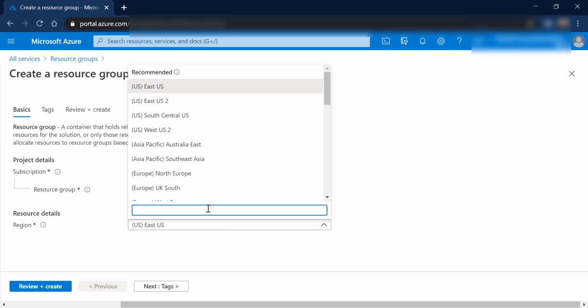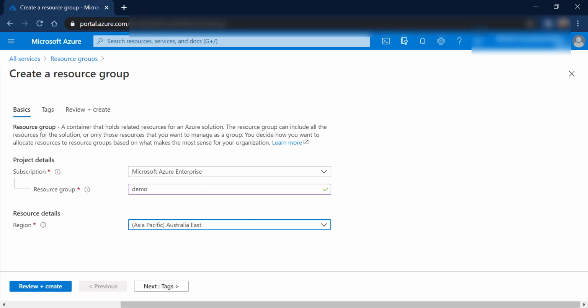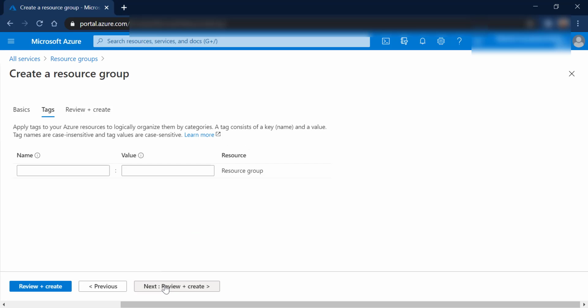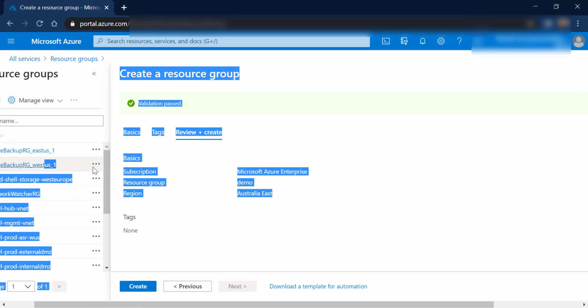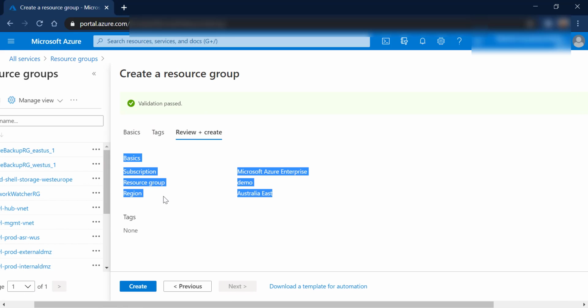I'm going to explicitly choose a region, Australia East, which is not allowed as per my policy, and click next. At the moment validation is passed, but ideally I should not be able to create resources in this given location, because my location policy says I'm only allowed to choose specific regions.